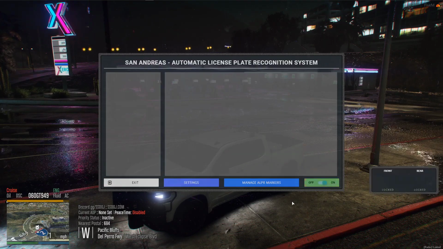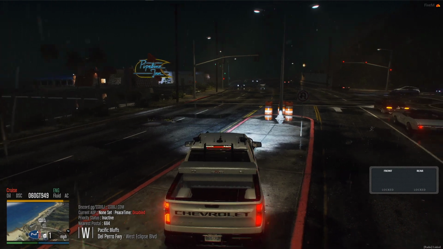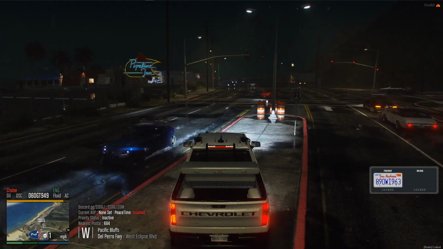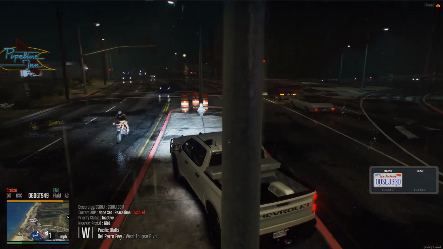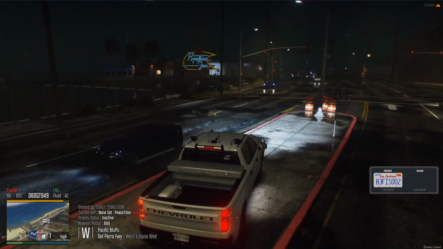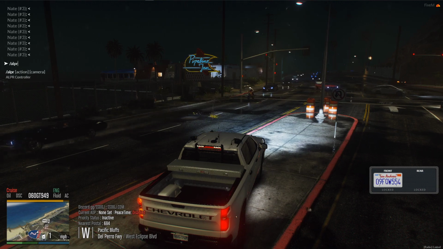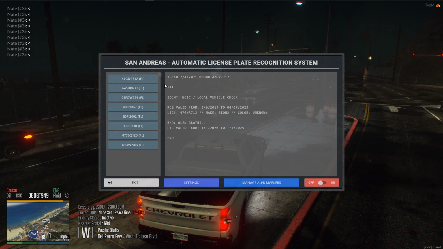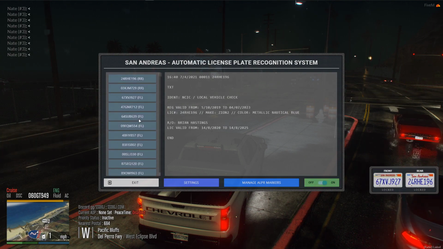So once I turn this on here, it's going to bring up this basic UI kind of plate reader here, which I can tie in, which I will here in a second, to the radar script that we're using, but it's going to go through all these plates and kind of log them. So just for the sake of it, I'll turn it on. As you can see what it's doing here,